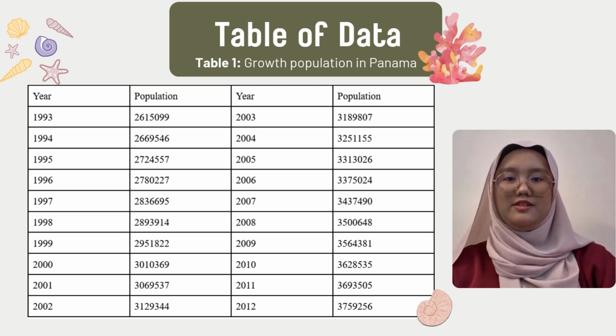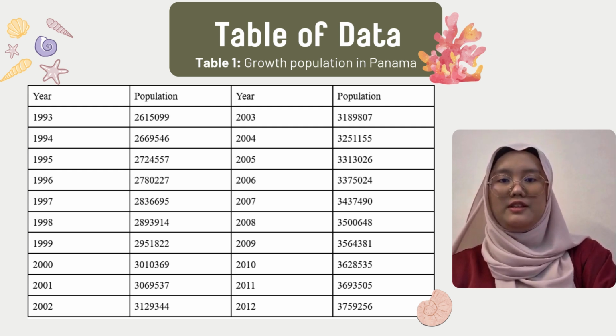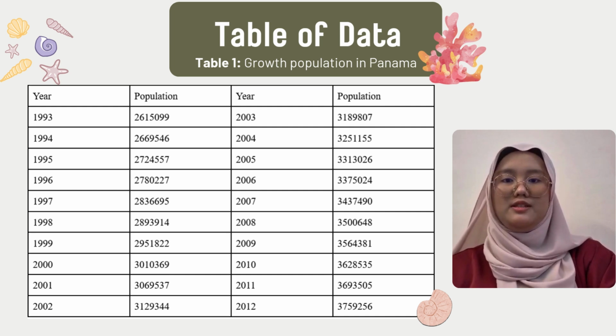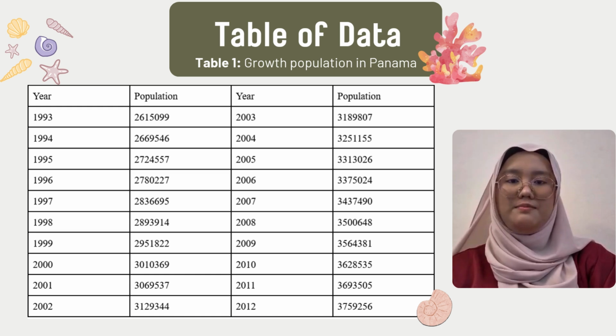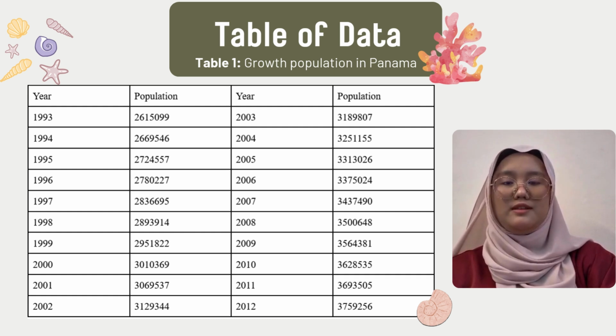From 1993 to 2012, the population showed steady growth. Starting at around 2.6 million in 1993, it increased by about 50 to 70,000 people each year. By the year 2000, the population had reached just over 3 million. This upward trend continued through the next decade, surpassing 3.5 million in 2009. By 2012, the population had grown to approximately 3.76 million, marking an increase of over 1.1 million people in just